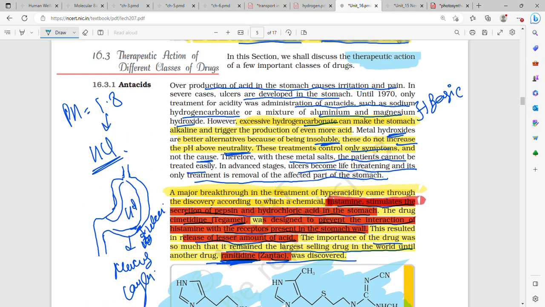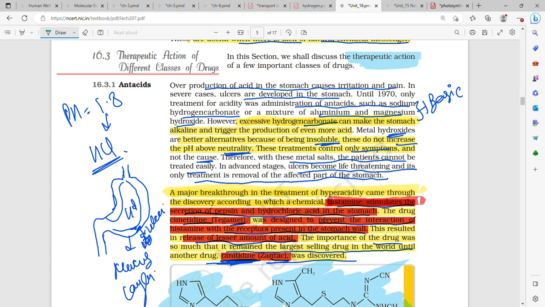When we don't eat food for a long time, then we develop acidity, that is, the pH of our stomach is 1.8 due to the presence of hydrochloric acid, which is secreted by parietal or oxyntic cells. Because of very high amounts of acid and very low pH, the mucosal layer, which protects the inner lining of the stomach, slowly keeps getting depleted, and it becomes very thin. The moment the acid touches the inner lining of the stomach, ulcers are formed, and they are very painful and can be deadly.